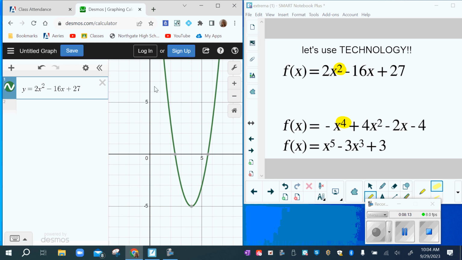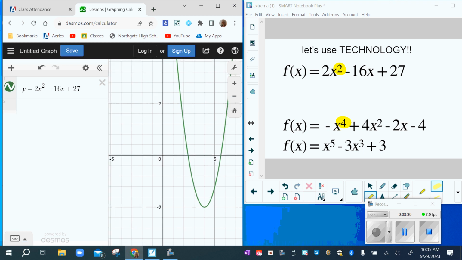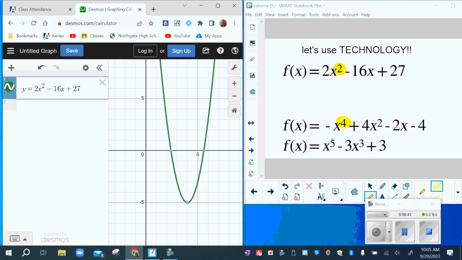Nope, it's not doing it. It's already showing it. Some graphs, it's just a graph. It looks all green and normal. But if you tap on it, Desmos automatically puts the important points on right away for you. It's like, hey, look, there's some important points. There's an important point. So if you want to get your minimum, all you literally have to do is come over, touch it, and it shows up right there.